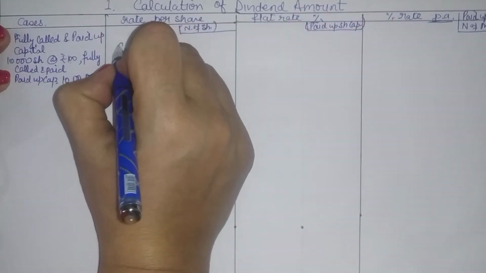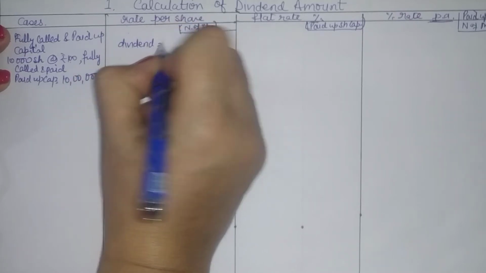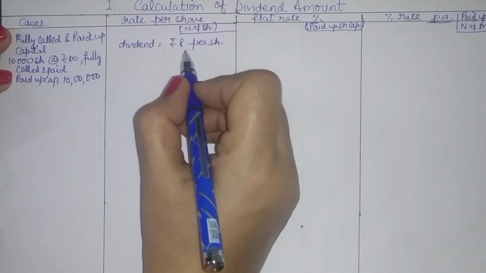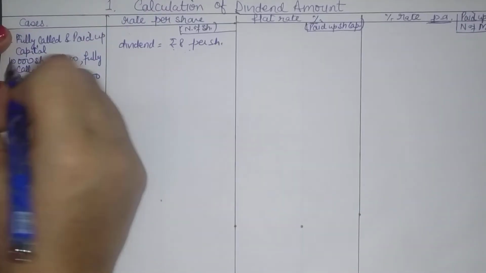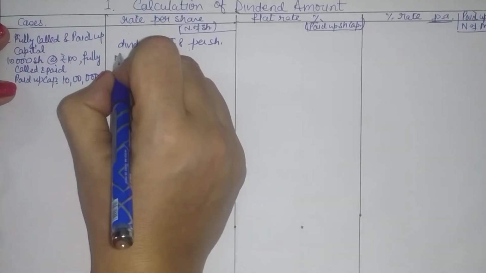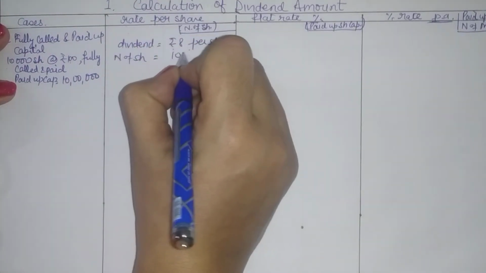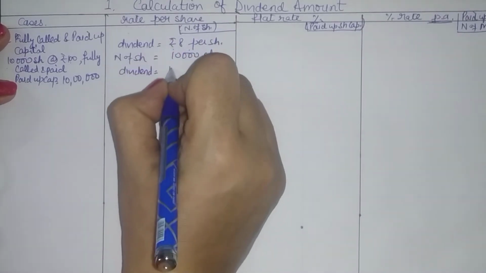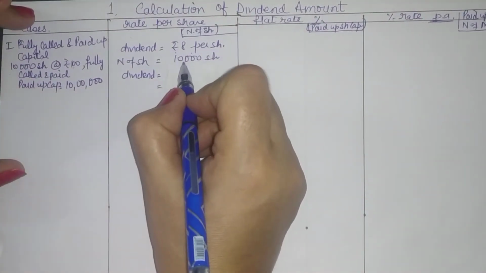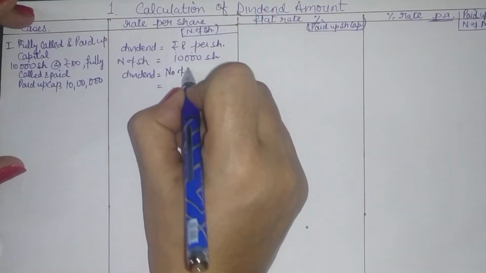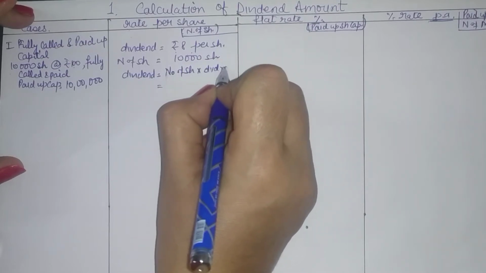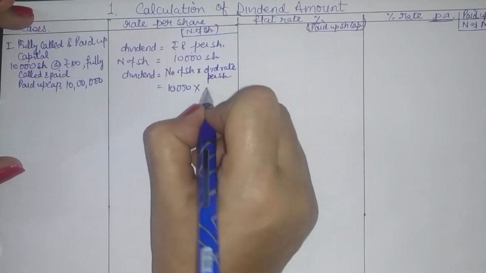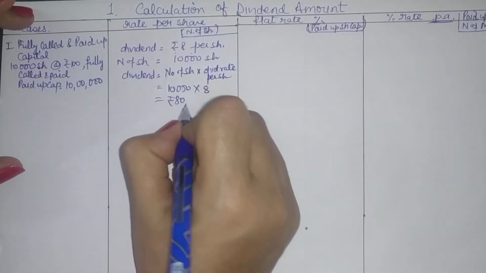Now, a rate per share. That is, dividend is given say at the rate of 8 rupees per share. So 8 per share will imply it is applicable on the number of shares. So you have 10,000 shares. So your dividend amount that the company is going to declare will be 8 rupees per share on 10,000 shares, that is number of shares into dividend rate per share. So 10,000 shares at the rate of 8 rupees will give you 80,000 rupees of dividend.